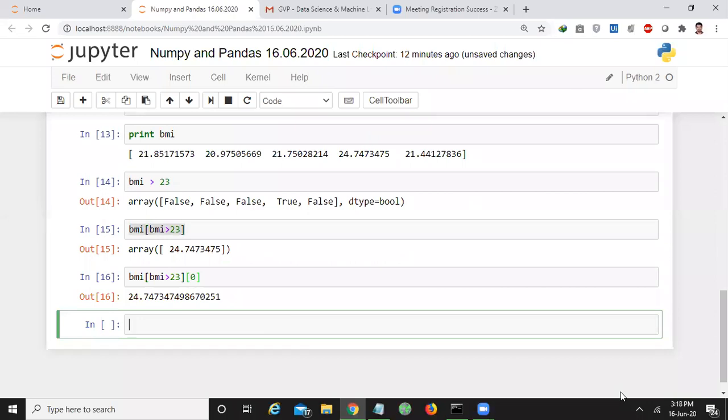Next, let us see some more values here. Yeah, some more facilities here. For example, you can create some random arrays also. For example, I want to create a height array. I don't want to initialize the values, but I want to create some random values. That is np.round.